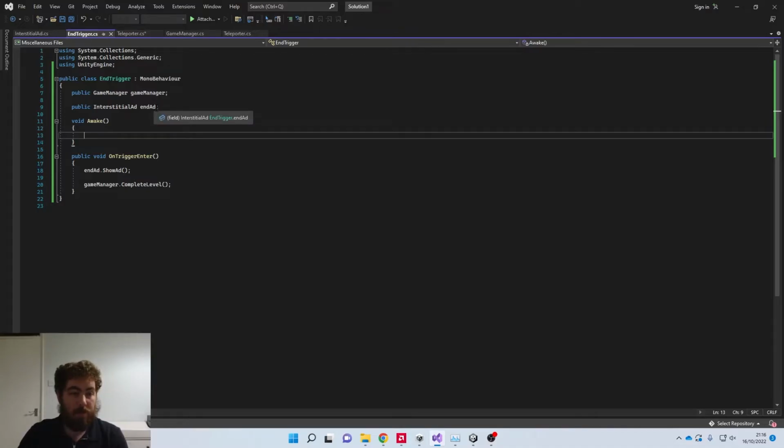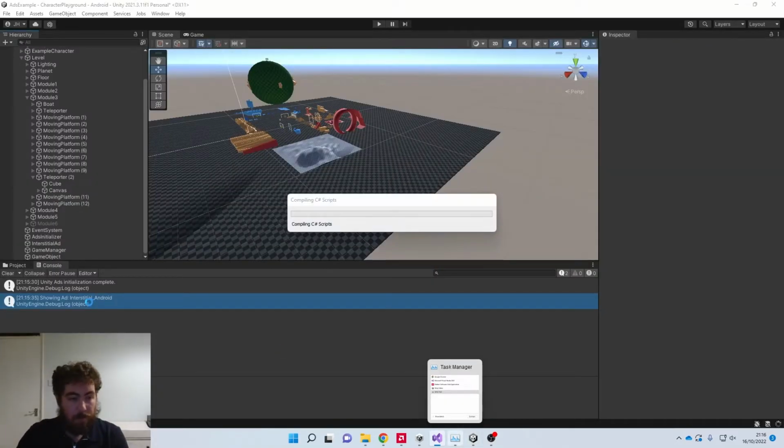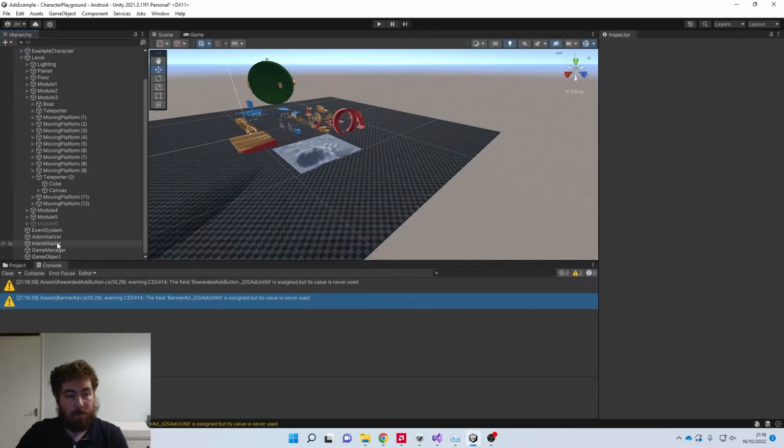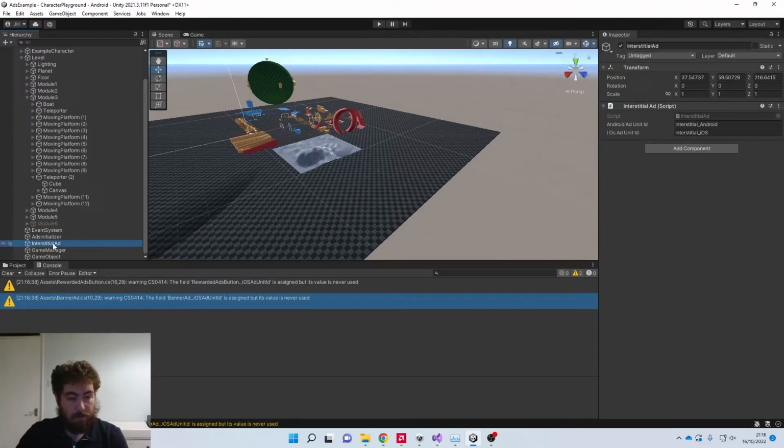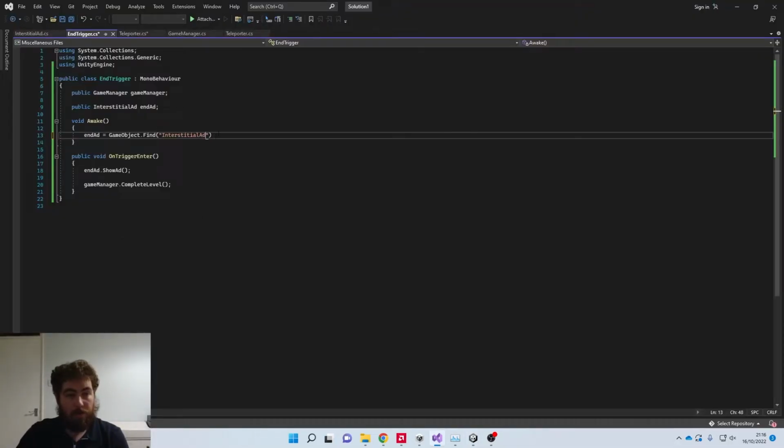So if we weren't to drag that over, what we could do is end ad equals GameObject.Find, and then we're looking for the game object that is Interstitial ad,